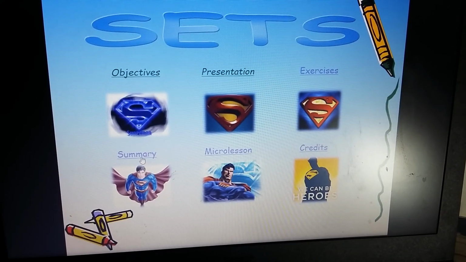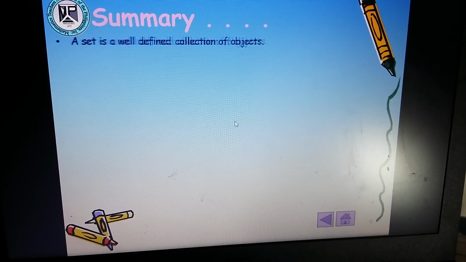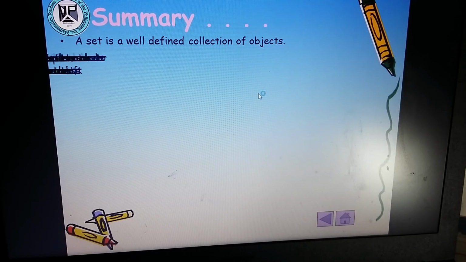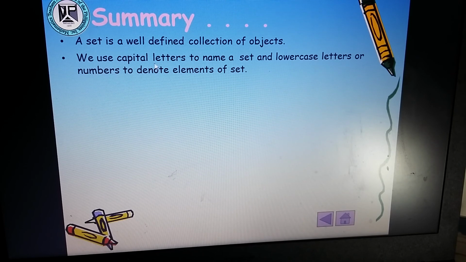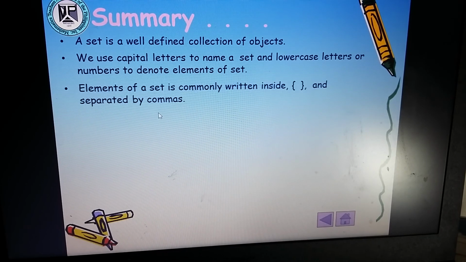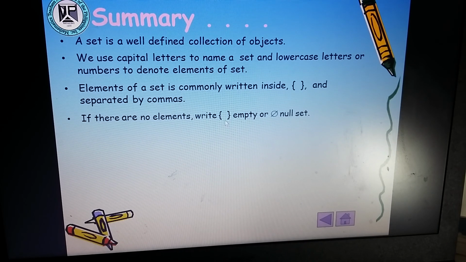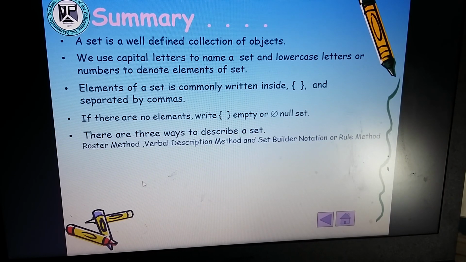Next. So, let's summarize our topic about sets. A set is a well-defined collection of objects. We use capital letters in naming a set and lowercase letters or numbers to denote the elements of a set. We use brackets and separate them with commas. We write brackets alone for the empty or null set, or a circle with a slash. Yun yung mga no elements, or empty or null set. So, 3 ways in writing down a set, number 1 is roster,